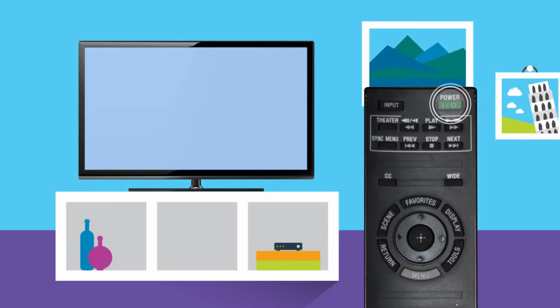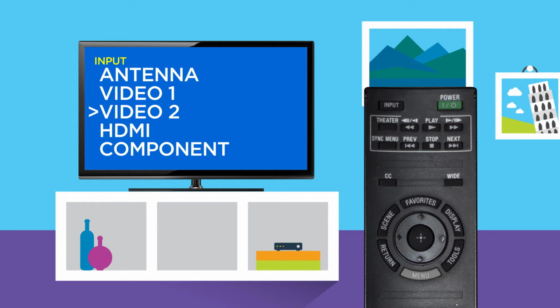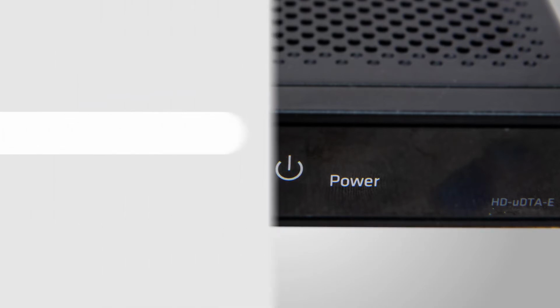The next step, turn on your TV and make sure the volume is on. Using your TV remote, change the TV input setting to the proper HDMI input you use to connect the HD digital adapter. When you see the light blinking in a sequence of 2 blinks and 1 pause, it's time to begin activation. On a computer or mobile device, go to